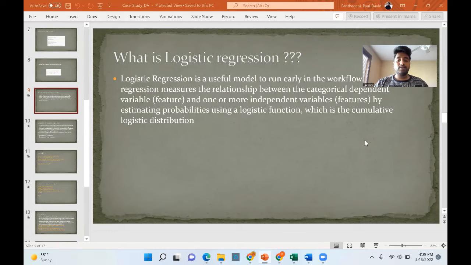Not only that, this can be done by calculating the coefficient of the features in a decision function. So positive coefficients increase the log odds of response and thus increase the probability, and negative coefficients decrease the log odds of the response. If we go to the next slide,